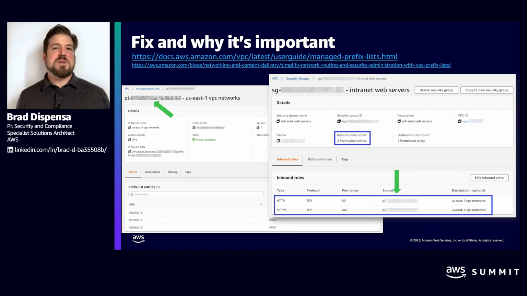So in plain English, what this means is rather than going through and creating a CIDR notation for your corporate IP space and then manually adding it to all of your security groups, simply create a prefix list that represents that corporate IP space. Then in your security group or other resources that rely on security groups, you can instead rely on the prefix list. But isn't that the same thing? No, it's not. Because when we modify the prefix list centrally, that propagates to all users in one shot.